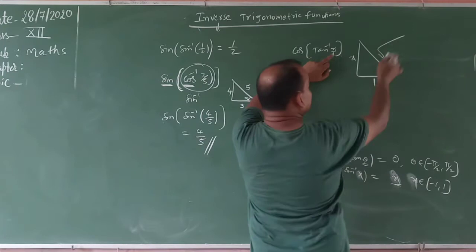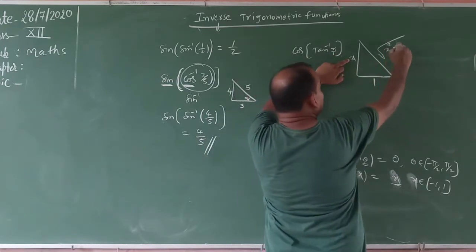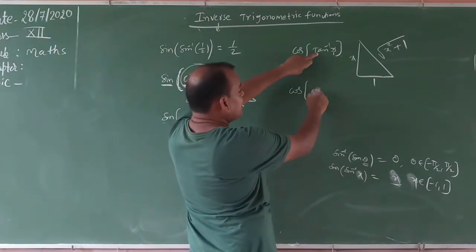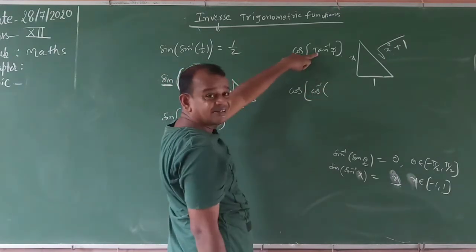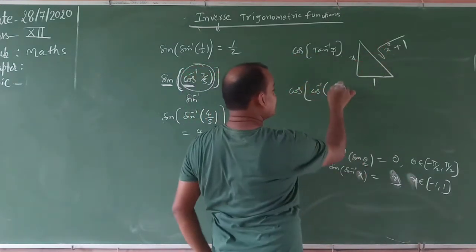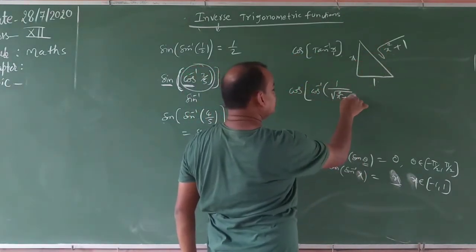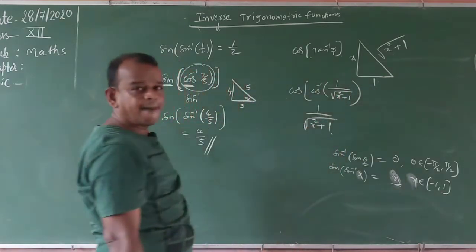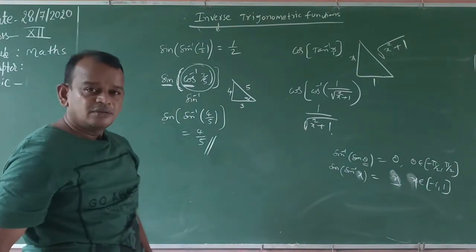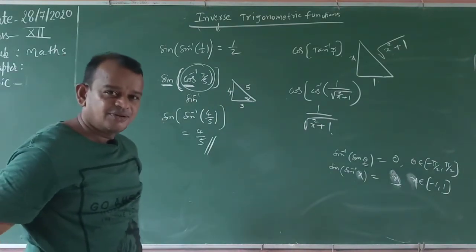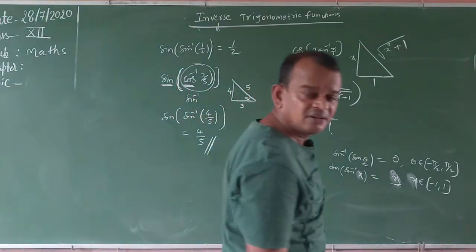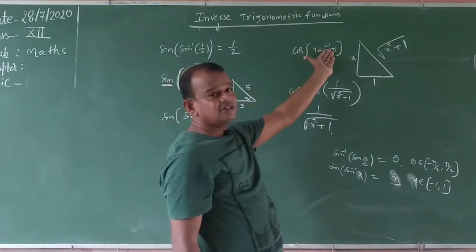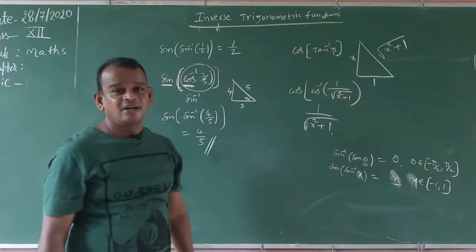Now the hypotenuse. What is the hypotenuse? Sum of the squares of these two: x square plus 1, under root. Now cos of tan inverse x. Instead of tan, write cos inverse of. What is the definition of cos? Adjacent side by hypotenuse. Adjacent side is 1, by hypotenuse root of x square plus 1. Cos inverse cancels. That is equal to 1 by root of x square plus 1. Understood? Say yes or no? Yes. Simple. Okay. Where x belongs to R, real numbers.